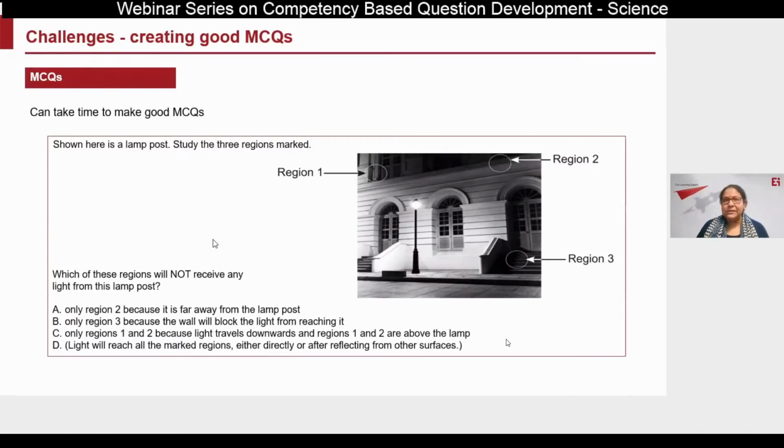But yes, in the initial phase, when we are getting accustomed to higher order thinking type MCQ questions, it does take time. But the results are worthwhile, because you don't only just know what's correct and what's incorrect, or what your students know or do not know. You actually end up understanding what the wrong notions are that the students who do not know this concept have. And during my classroom instruction now, how do I address those notions? So the whole classroom interaction becomes very rich on the basis of these results.